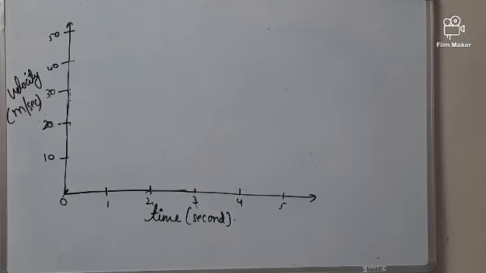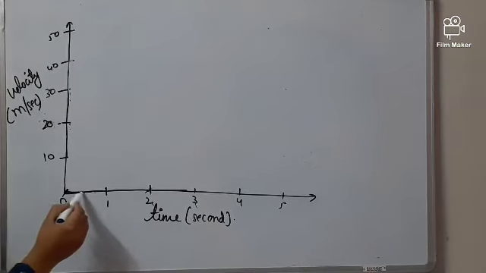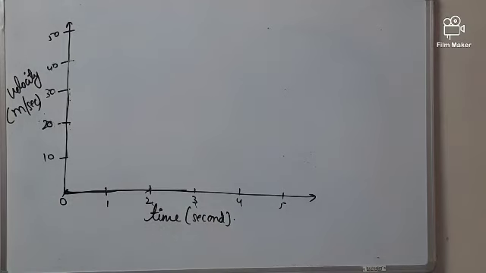Okay, now the graph is the velocity time graph. We are going to do 3 graphs under this. The first one is the velocity time graph when the body is with constant velocity. In a velocity time graph, you are not supposed to draw the rest graph. Rest graph is only possible if the object is at 0 velocity, meaning the object is not moving.